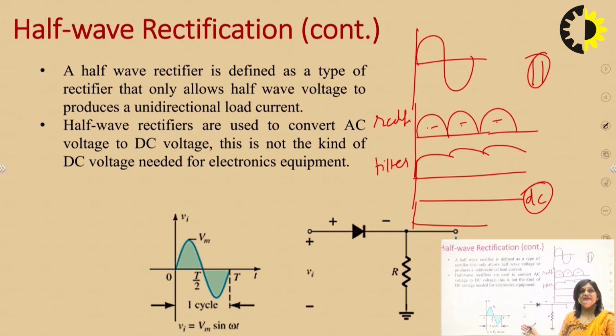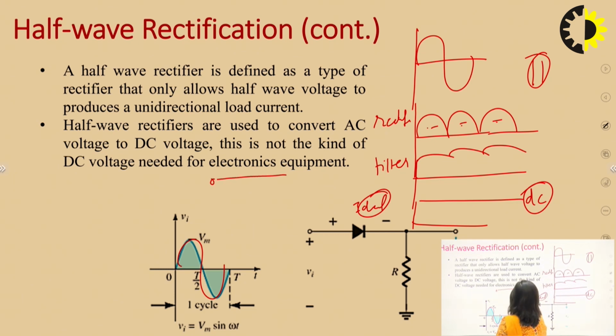So here basically we are seeing the half wave rectifier. This is the ideal diode we have, and to this ideal diode we have connected the load resistance, and here the VI signal is there. This VI signal is the sine wave. So we can say this diode will be forward biased in the positive half cycle. So this diode can be replaced with the short circuit. So now the equivalent circuit will be in this way.